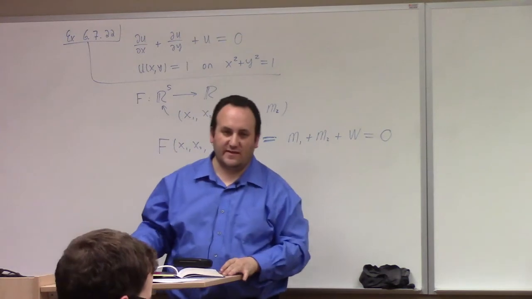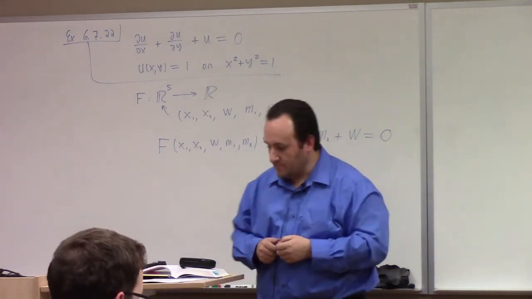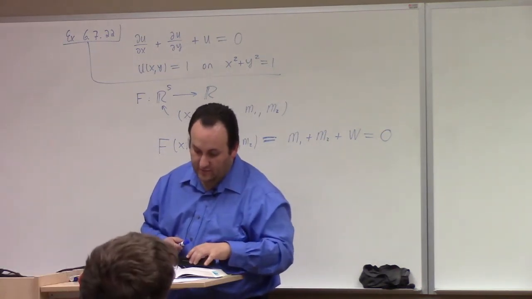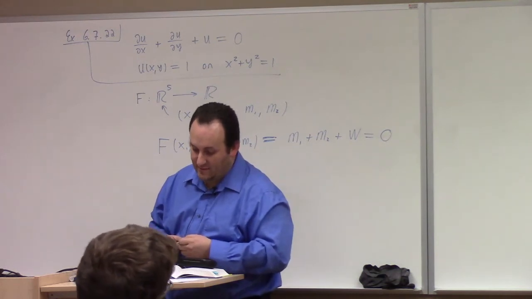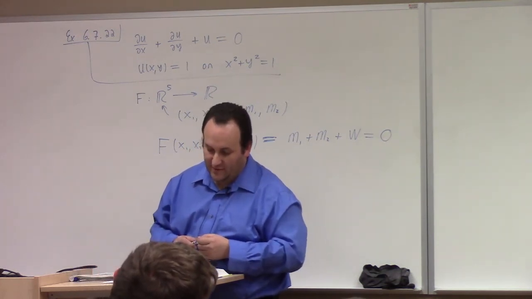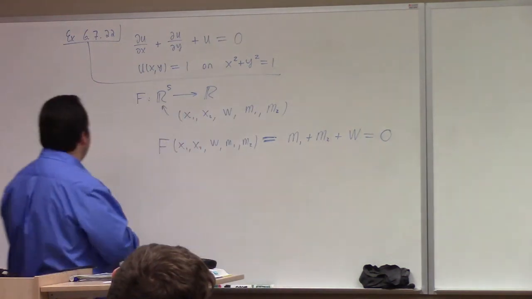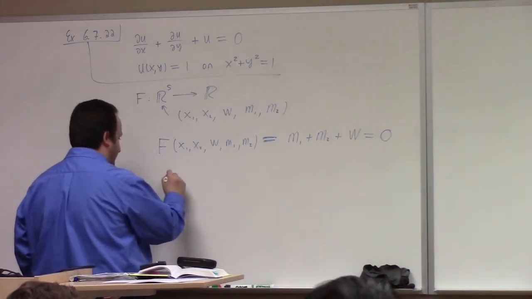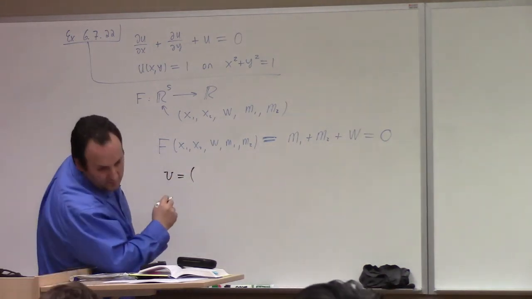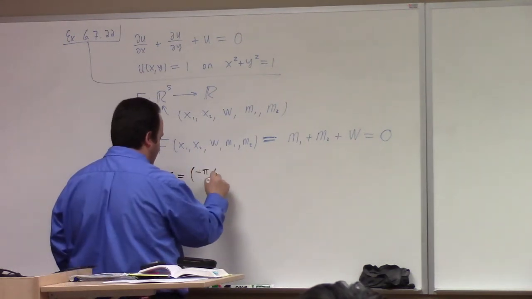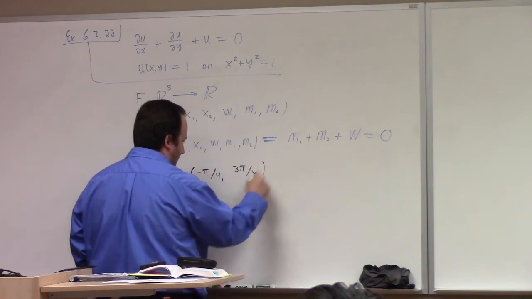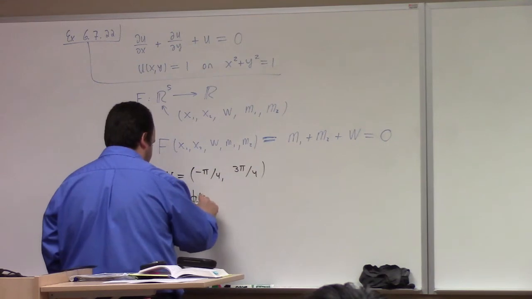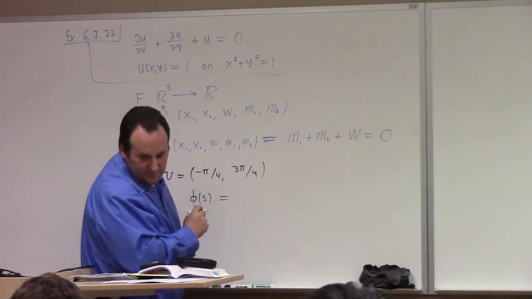Now, his use of the letter m stems from his initial motivating section earlier in the chapter. He says, okay, now we're going to get nuts. For the Cauchy data, we will consider the domain minus pi over 4 to 3 pi over 4 along the parameterization. Seems odd. Okay, whatever. So he says u is equal to minus pi over 4. It's just an odd choice. I get that it gets you pi. Just not sure why he's doing that. And phi of s